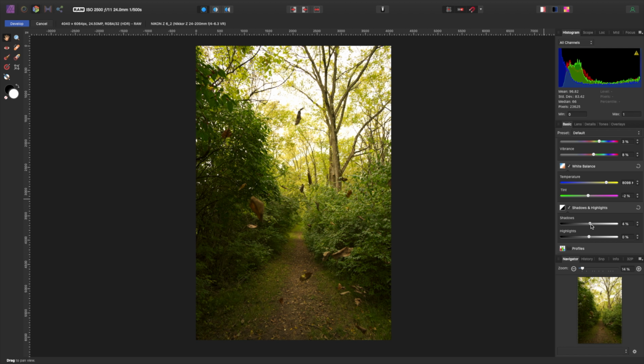So now I think this image is starting to look really good. I've got the exposures, the colors kind of looking pretty similar to that other image as I recall it. So what I'll do is I'll just check back and forth between the two. And so this is what you're going to want to do if you're trying to get a particular mood from another image, is go and compare to that image, see if you've gotten the right colors there.